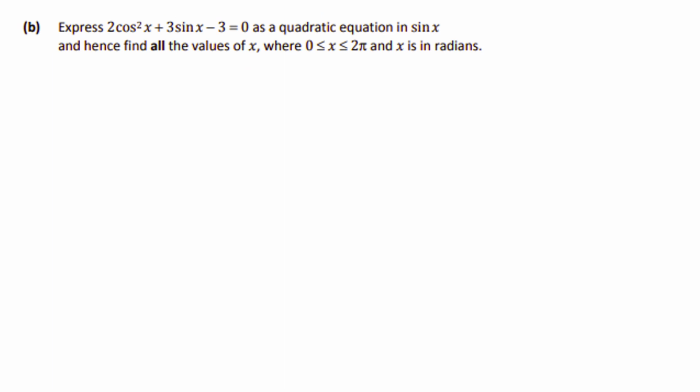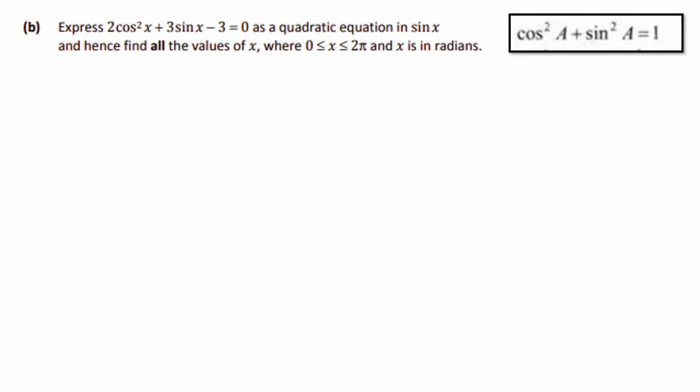So part B of this question asks us to express 2 cos squared x plus 3 sin x minus 3 equals 0 as a quadratic equation in sine of x, and hence find all values of x where x is between 0 and 2 pi, which is 0 and 360 degrees, but we are dealing with this question with our answers in radians. So first thing I'm going to do is go to page 13,